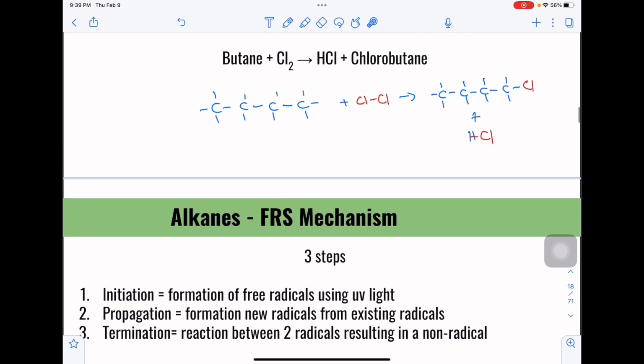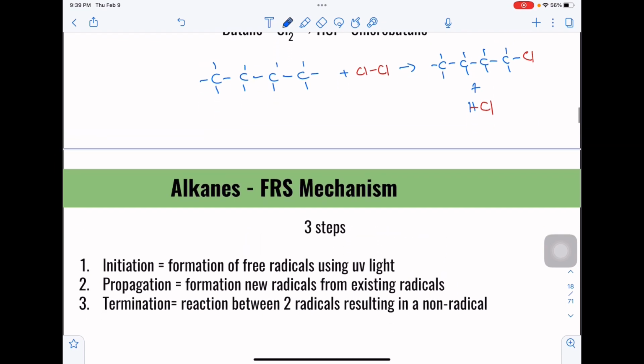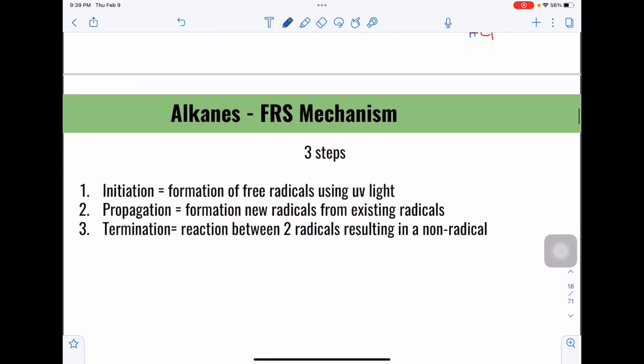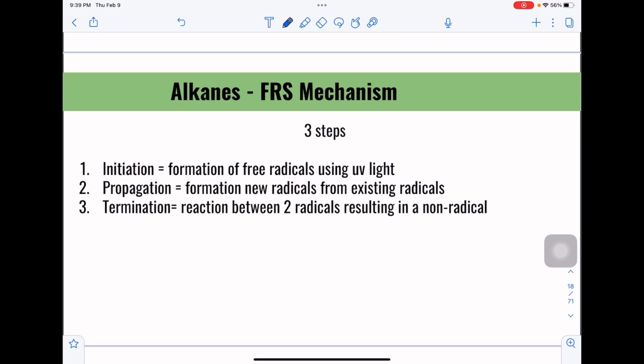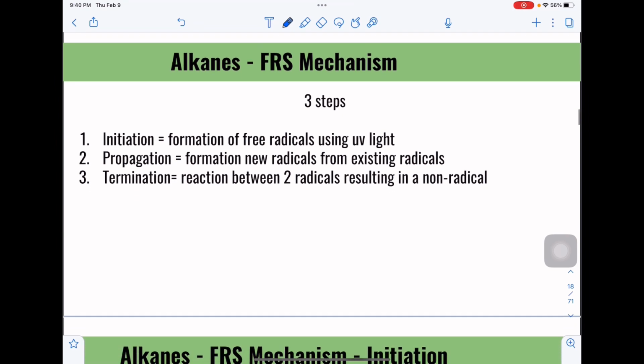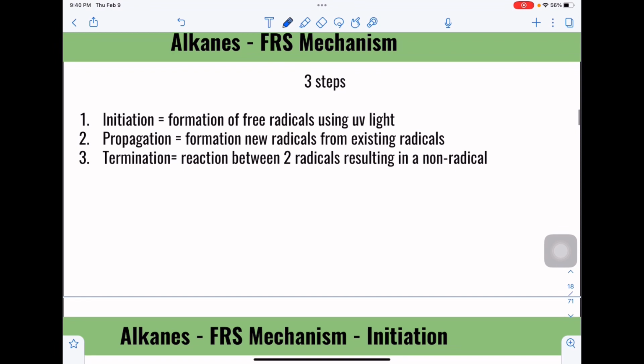Okay, so it occurs using a mechanism called free radical substitution mechanism, and it happens in 3 steps. The first step is called initiation. Okay, beginning, initiation. The second step is propagation, and the last step is termination. Okay, it's very important to remember this. First step is initiation, then propagation, then termination. What do these mean exactly? So here we're going to be dealing with